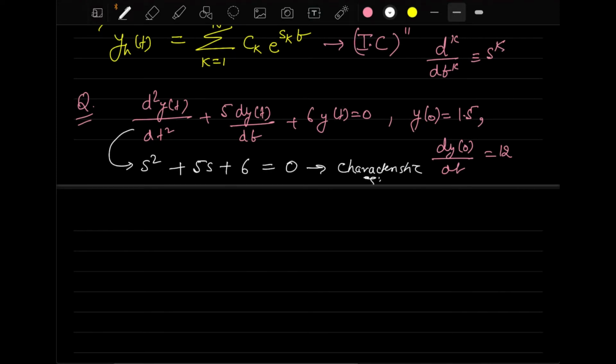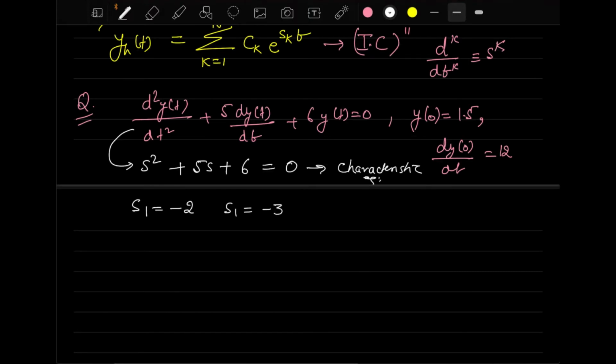So when we write this, it is called the characteristic equation, and since this is a quadratic, it will have two roots. The value of s1 that you get from here will be -2, and the other one will be -3. It is as simple as that. You can check it out. These are the two roots that you will get out of the solution of this quadratic equation.